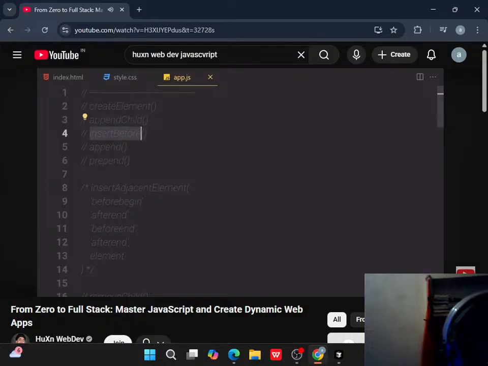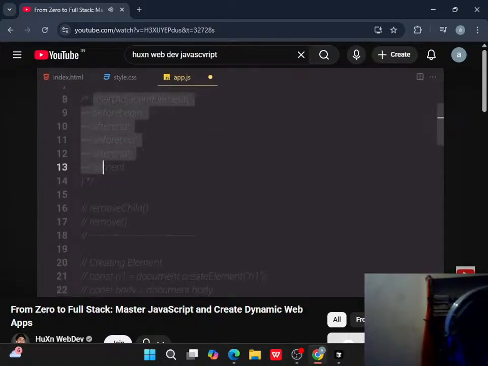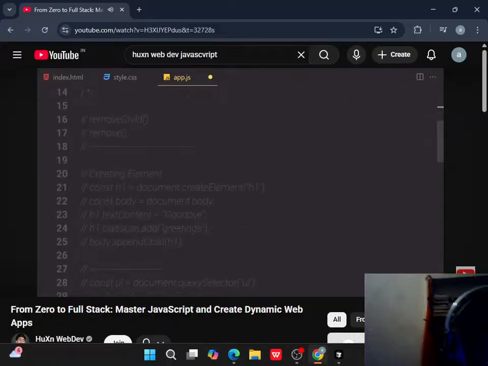And then we have insertBefore. It will just insert it before, and let me just put like what and where. Okay. Then we have the append method, and append will append our element at the end of the list, and prepend will add our element at the beginning of the list. We also learn about insertAdjacentElement before. We have a few properties for that, and we also learn about